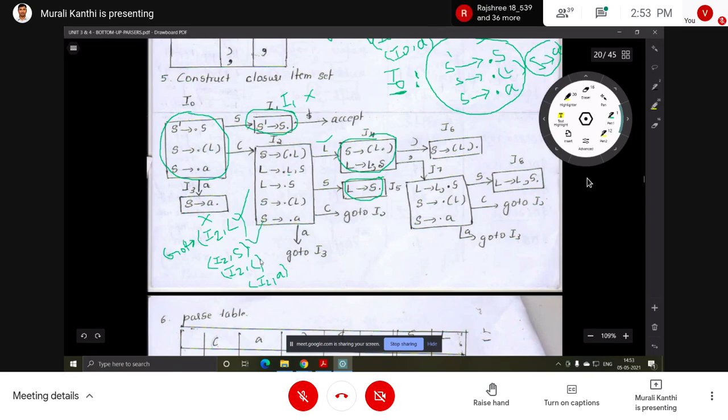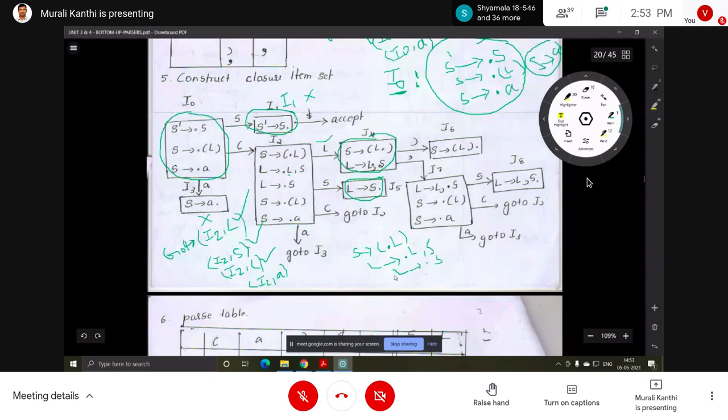Next, open parenthesis. This one says S implies, shifting the dot position, we get S implies open parenthesis dot L closing parenthesis. What do we have to see after that? L is a non-terminal, so add L productions: L implies dot L comma S, L implies dot S. After the dot L is there, already L productions added.